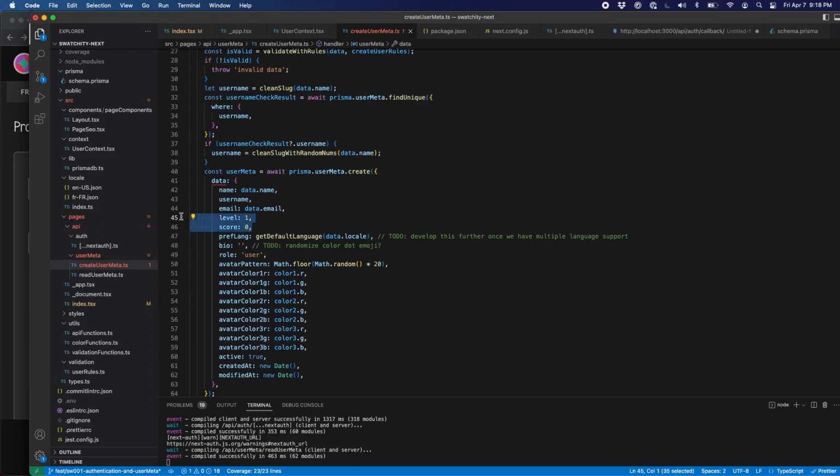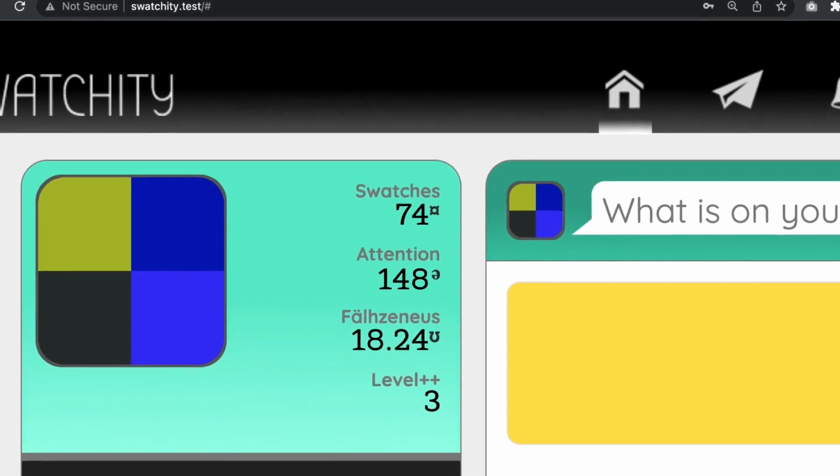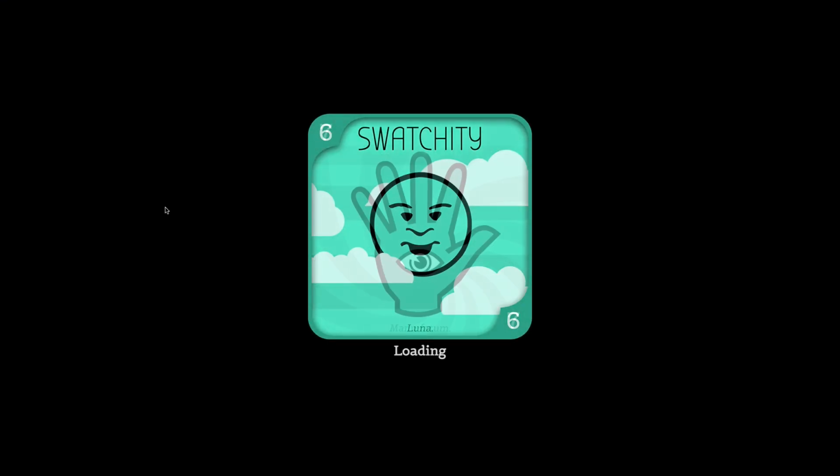Score and level, those are related to the gamification of the site. So as you post more and people like your posts, if your swatches become popular, then you get a score. At a certain point, your score rises to a point where you go up in a level, right? And you'll get a Toastify message saying, hey, you leveled up. In the original version of this, I used this to tell a story. So it was kind of an experiment. As your level increased, the graphics on the site would change,